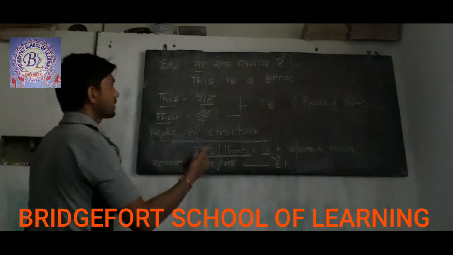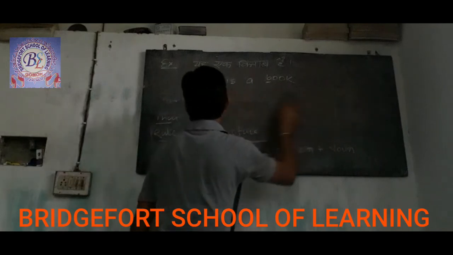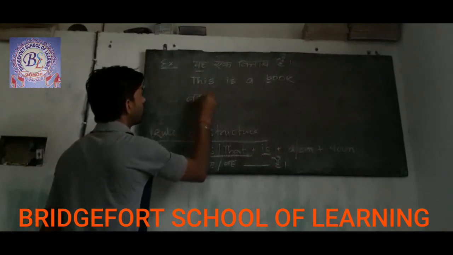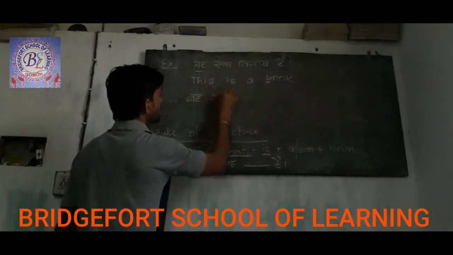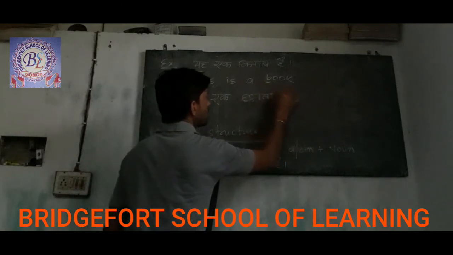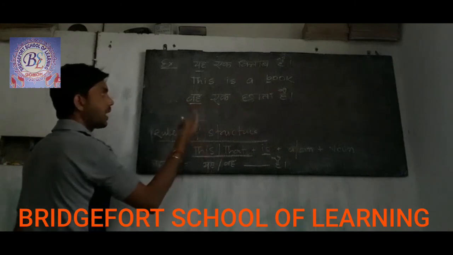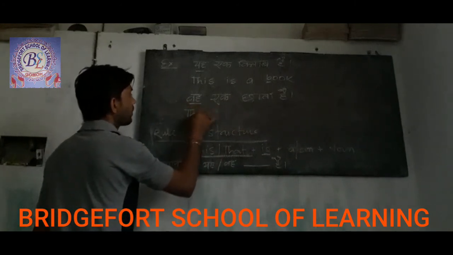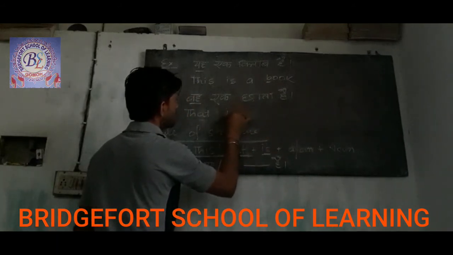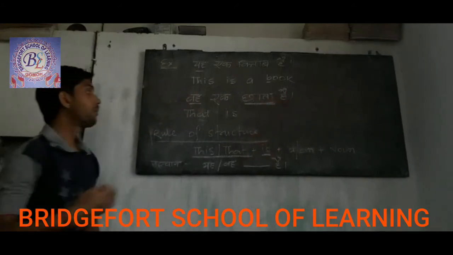Again, we just take another example of it. That is, वह एक छाता. We have the examples this and that. Now, second is छाता. What is the English of छाता? That is umbrella.